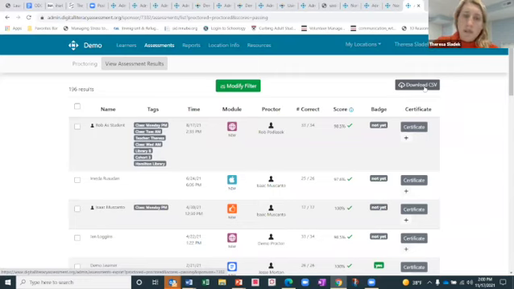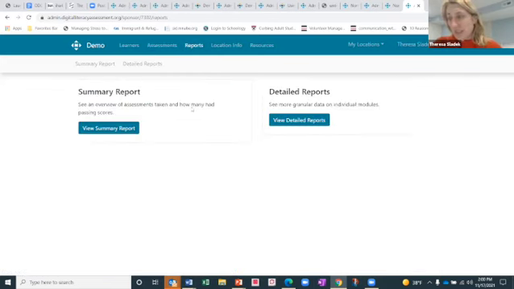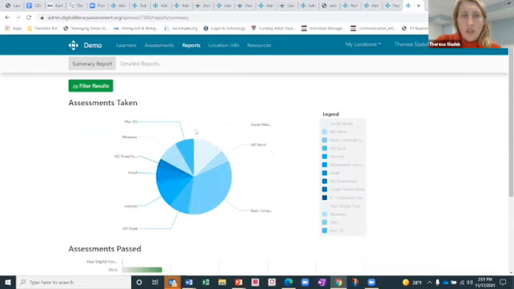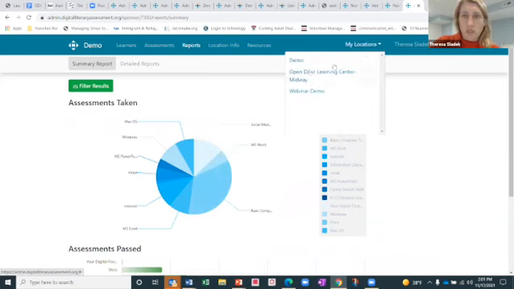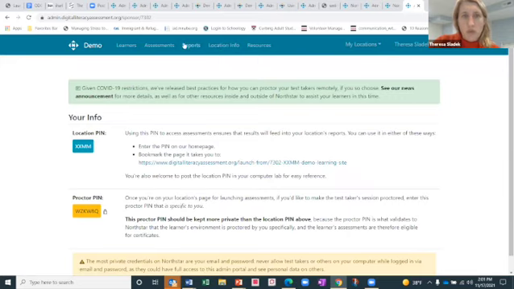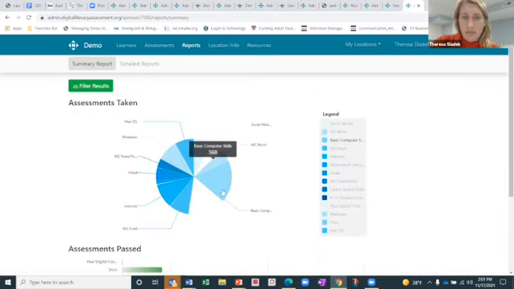The last reports I want to show you are more organization-wide. And those are located under reports, which is what you would expect. So if we go to the reports tab, I showed you these last week, but just to refresh your memory. Under the summary report, if you click on here, this is going to show you all the assessments that have been taken by module. And if you hover over the piece of the pie, it will show you how many have been given, right? So here,